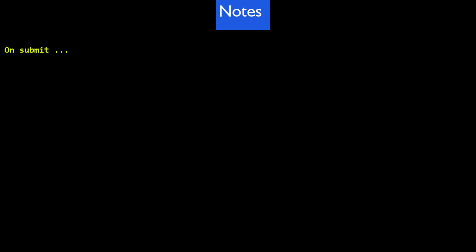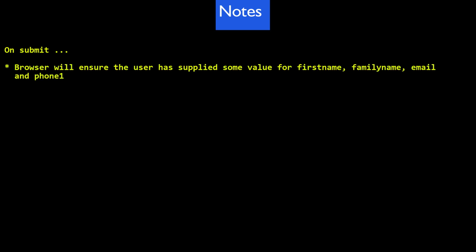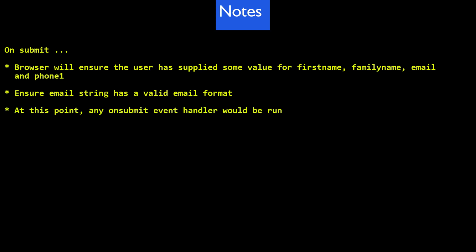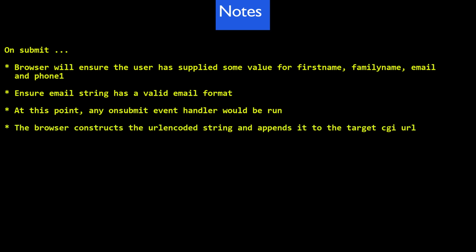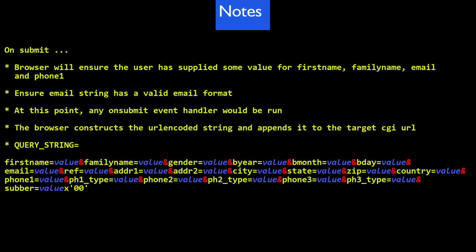When the user presses the submit button, the browser will ensure the user has supplied some value for first name, family name, email, and phone 1, and that the email string is a valid email format. Any onSubmit event handler is run, and the browser constructs the URL encoded string and appends it to the target URL for the CGI. On the server, the QUERY_STRING will contain firstname equals value ampersand, familyname